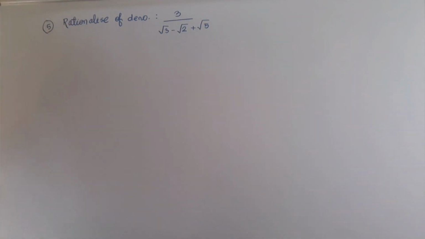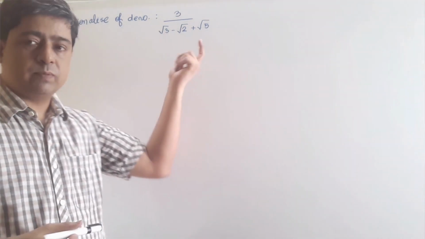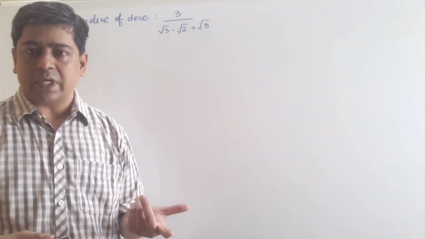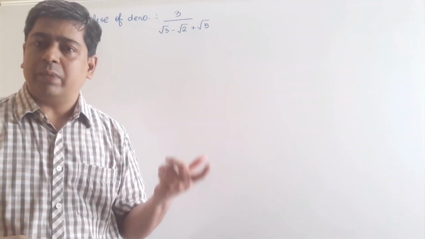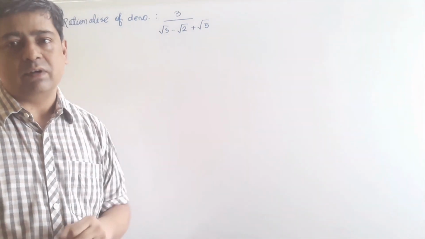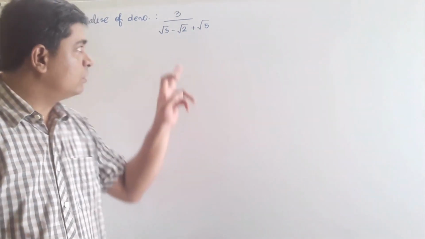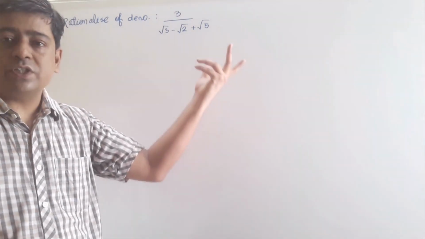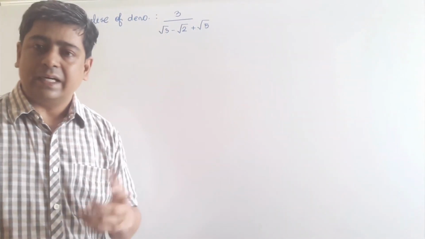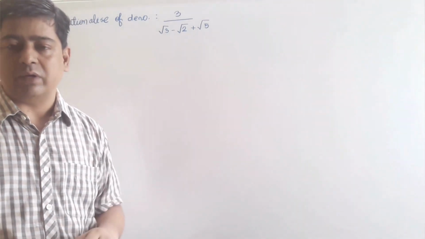Now observe, we have learned the rationalization process up to 2 terms. Means if 2 terms are given in the denominator, then we can multiply and divide by the same denominator, only changing the sign between the 2 terms. But here we have been given 3 terms. So where shall we change the sign, what exactly will we do? That is a bit of confusion. Don't worry, let us see how this question can be solved.